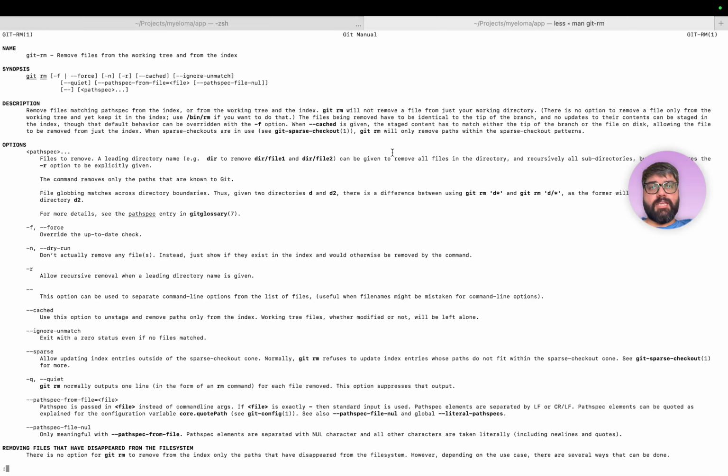When --cached is given, the staged content has to match either the tip of the branch or the file on disk, allowing the file to be removed from just the index. When sparse checkouts are in use, git rm will only remove paths within the sparse checkout patterns. I have no idea what sparse this is.